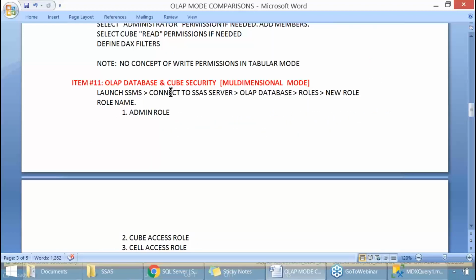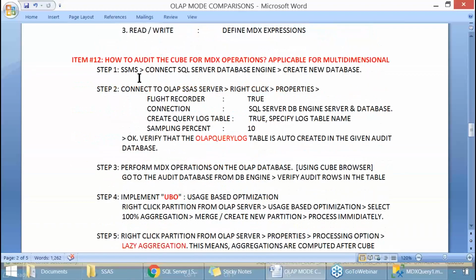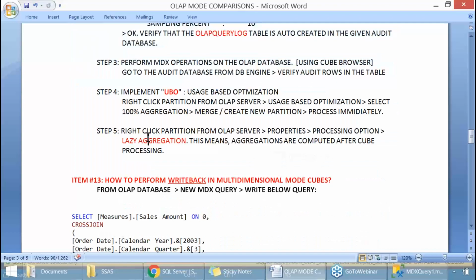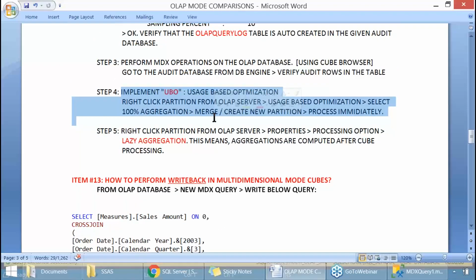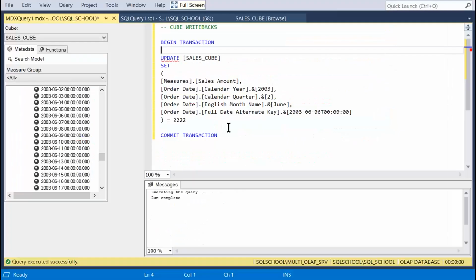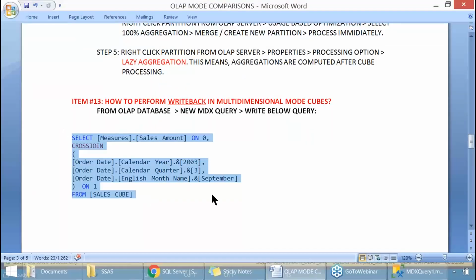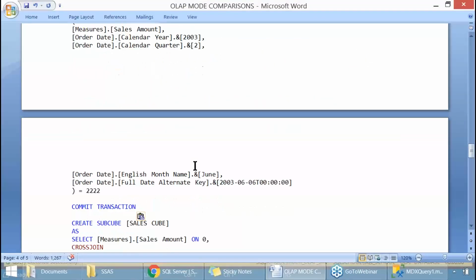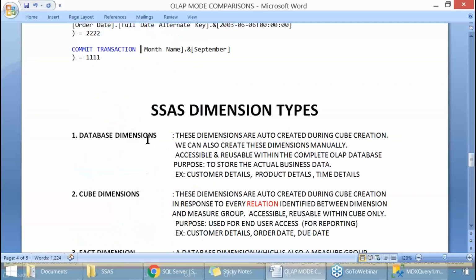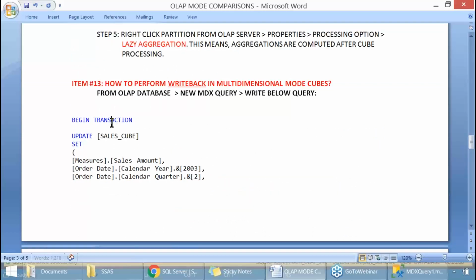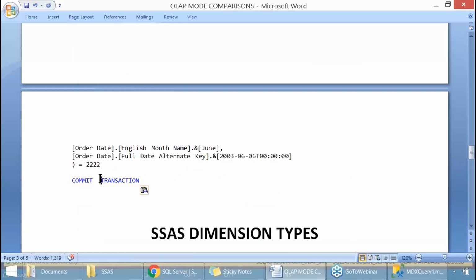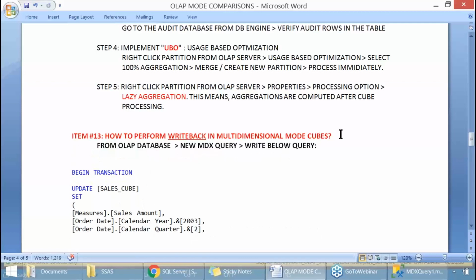So here it is, security differences, cube audit and write back with lazy aggregations, and usage based optimization. I'll take this complete query for your practice purpose. Next, we'll say commit transaction this way. Exclusively in